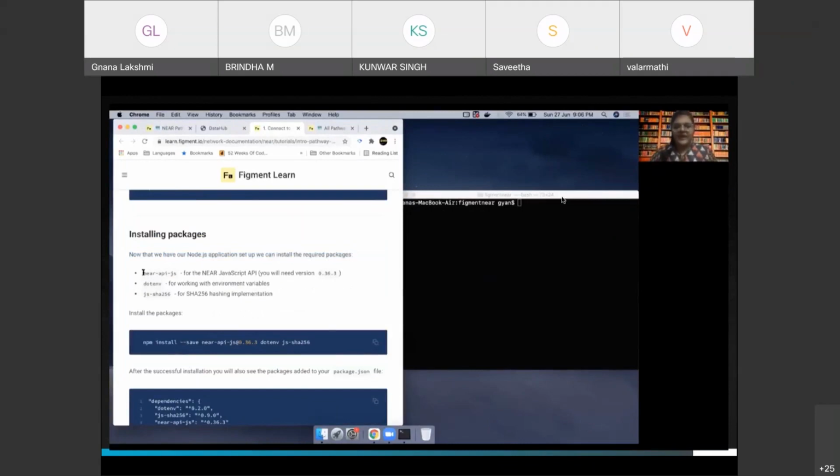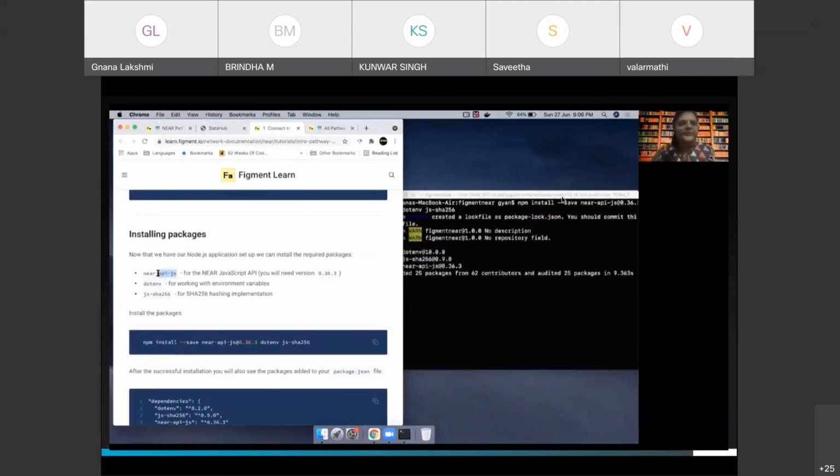Some of these packages I had already given as prerequisites. I'm hoping you would have installed that, but if not, you can just copy this command and install it. The near-api-js would be used to interact with the NEAR smart contracts, or basically it is a JS wrapper to interact with NEAR. And dotenv is nothing but your environment file that is for working with environment variables.